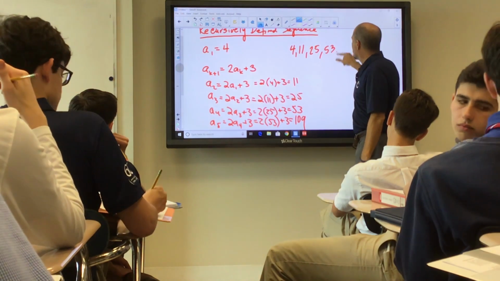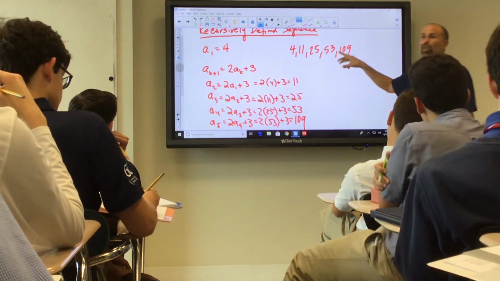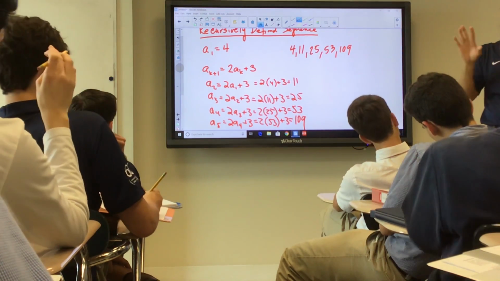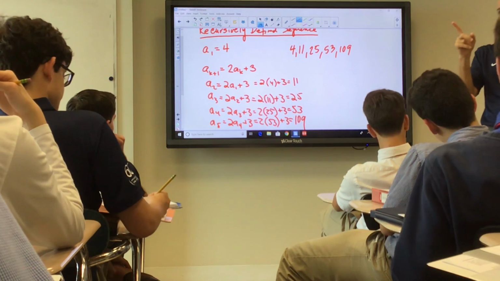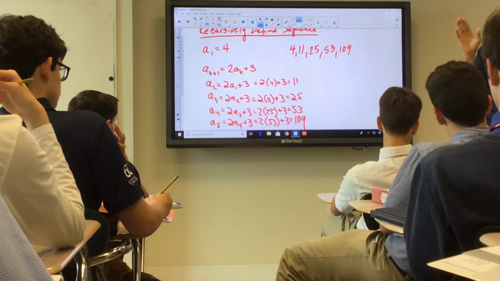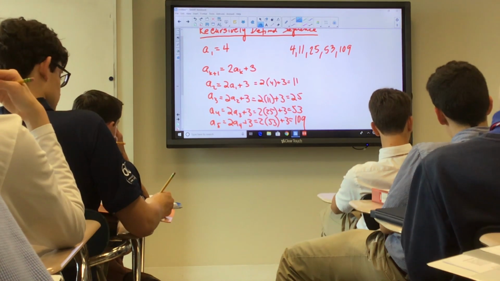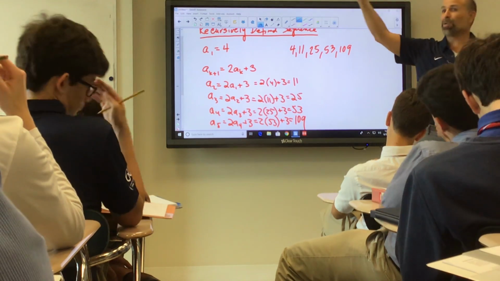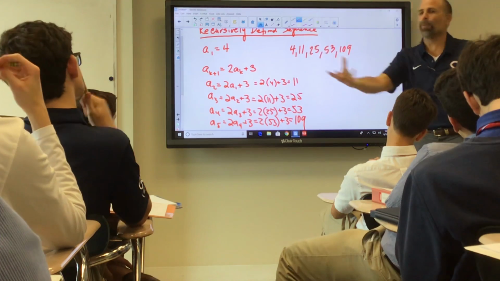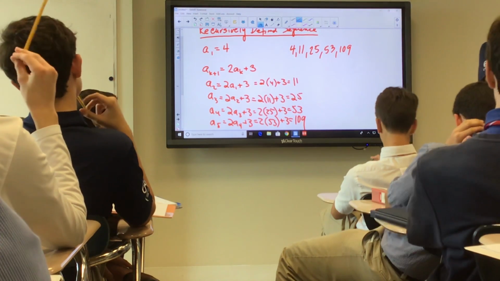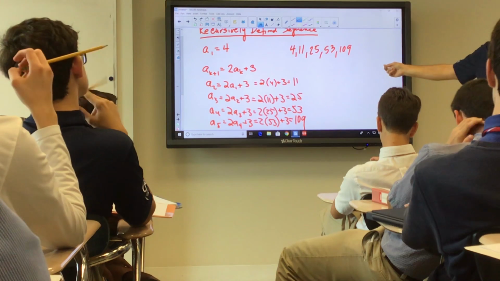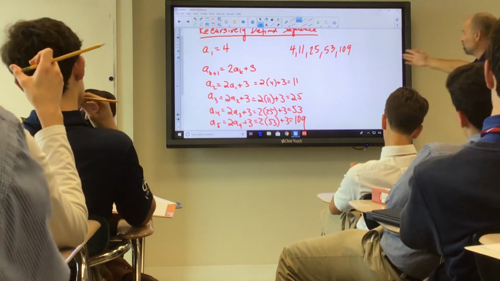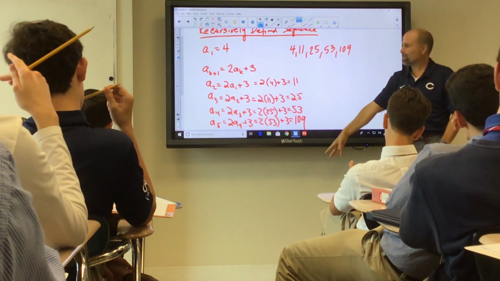Sometimes, by looking at the sequence, we can come up with a formula. Sometimes we can, but sometimes we can't. In fact, when we get to Tuesday's class, when we start dealing with arithmetic sequences, we're going to look at the sequences in the form of a formula, and we're going to look at them recursively. And we're going to see how, when they're defined recursively, we'll be able to come up with a formula, so we won't have to deal with it recursively. That doesn't always happen. Like this one here, there might be a formula there, but it's not one that's easily found. Okay? So if I want the 12th term, I'm going to have to do this 7 more